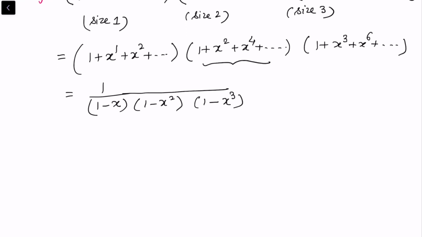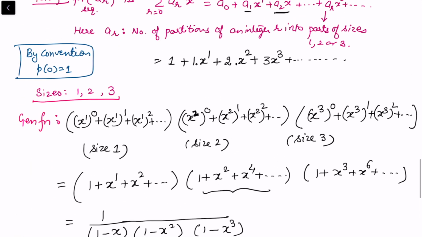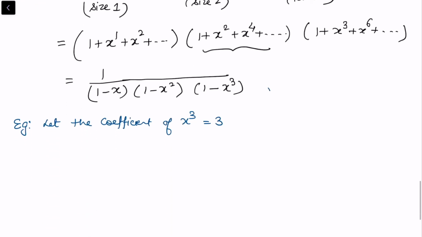Now, if I want to understand the generating function or any terms that may appear from here, suppose I look at the example: we have already seen the coefficient of x cube is 3. In the previous expansion, you can see the coefficient of x cube is equal to 3. Suppose I want to read directly from here. How do I read the coefficients of a particular term? Here, if I want to read the coefficient of x cube in the given generating function, which was 3,